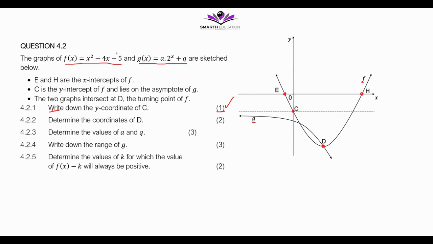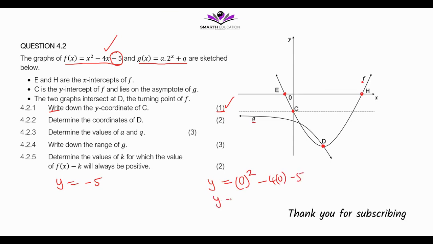So we're getting the y-intercept from the equation, which is -5. So it means y is equal to -5. Remember that at the y-intercept, x is equal to 0. So if we say y is equal to 0 squared, I'm substituting into this equation, minus 4 times 0 minus 5, we get that y is equal to